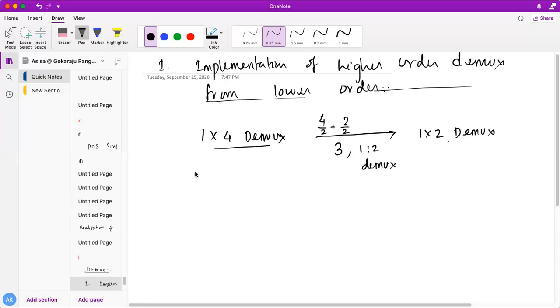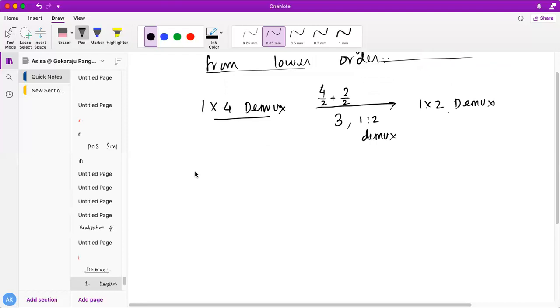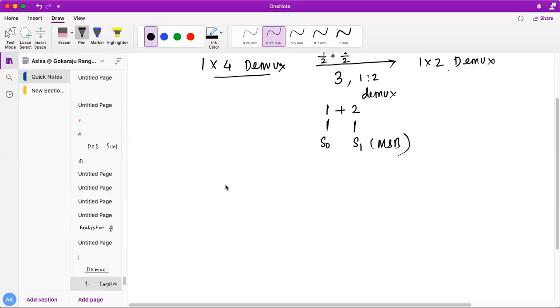Okay, so now the thing is, what are the select lines and where will the select lines be connected? So mainly here it will be like this, 1 plus 2. These two demuxes will be connected to my MSB bit, which is S1, and this will be connected to S0. Now see here how I am going to do it.